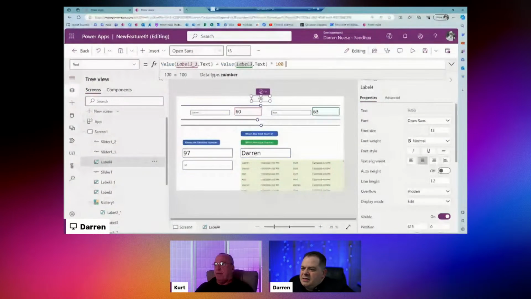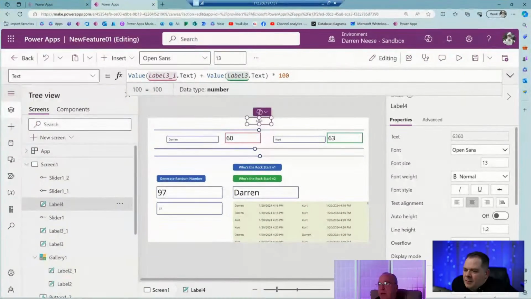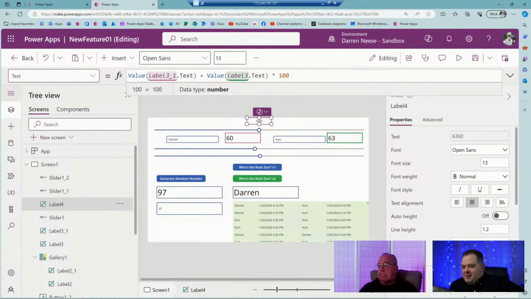Okay, let's continue with your thought process. Are you able to repeat what you said? I'm trying to wrap my mind around it. We've got two sides, 63 and 60. If you just look at the two values, if the right side is 63, the right side would be offset from 100, right?